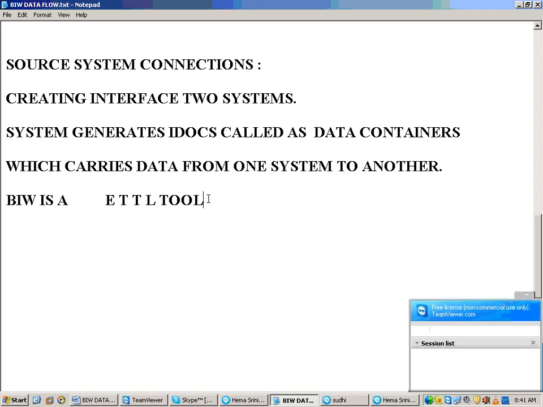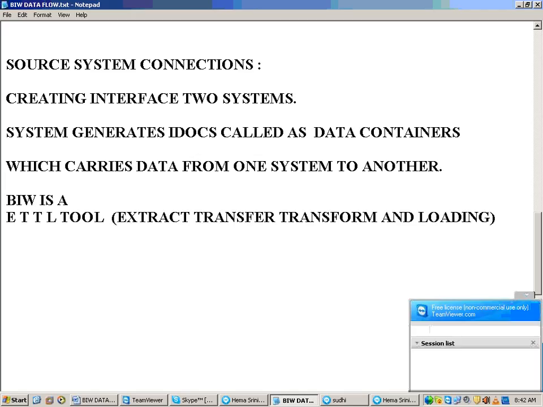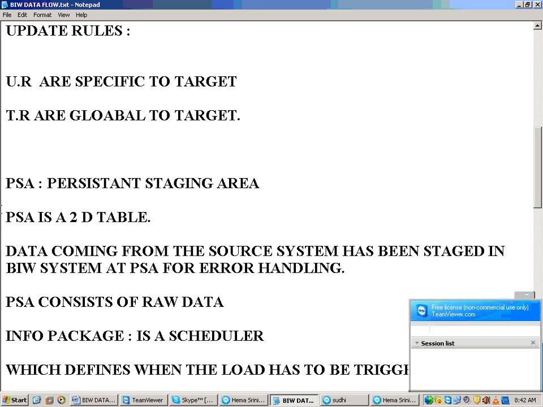Okay, what is ETTL? Extract, transfer, transform, and load. So in one shot, to describe BAW, we can say it is an ETTL tool. Clear? Any doubts in this part? Clear? So whatever I said yesterday, the entire thing in one word, I can say, it's an ETTL. Clear now? And the last definition you can see about this BAW flow is